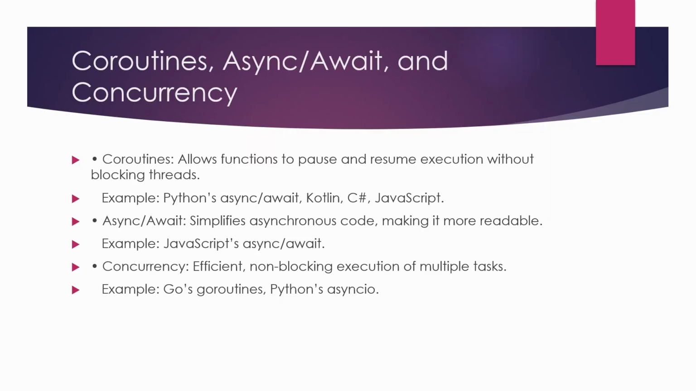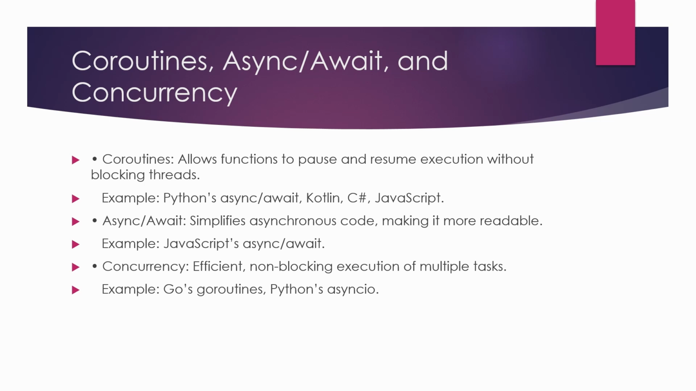Let's start with coroutines, async, await, and concurrency. Coroutines allow functions to pause and resume execution without blocking threads. This is especially useful for tasks like I/O operations, networking, or event-driven programming. In languages like Python, Kotlin, C Sharp, and JavaScript, coroutines help manage asynchronous tasks without needing to deal with complicated